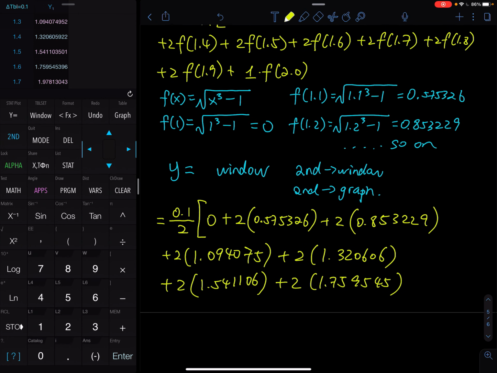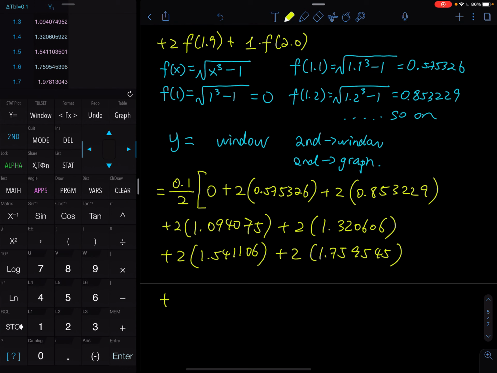So that is for 1.6, and then for 1.7, you have 2 times 1.97, 81, 30, and